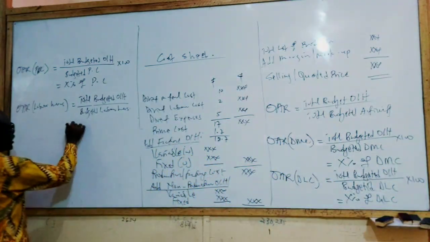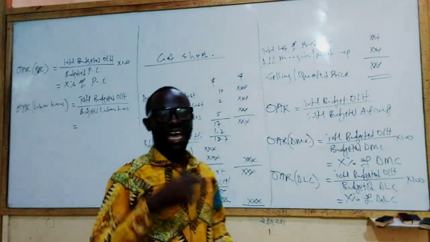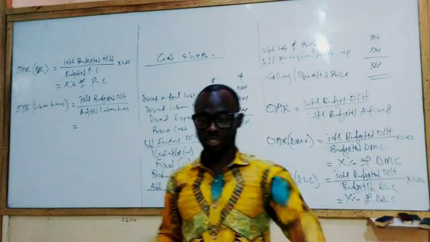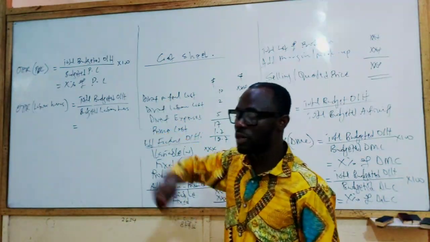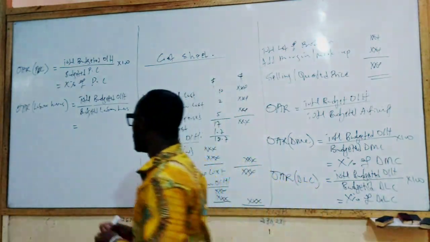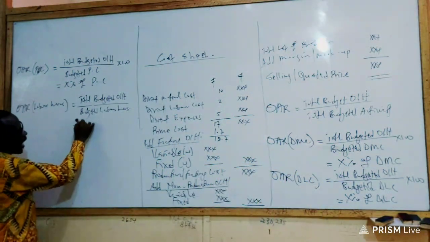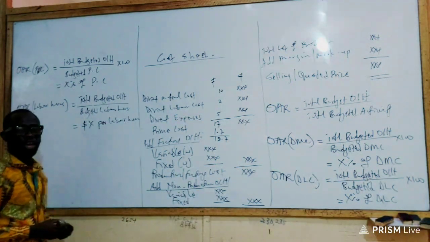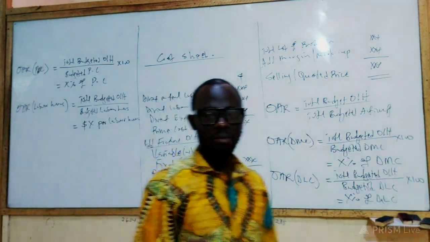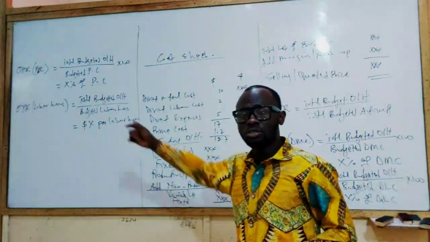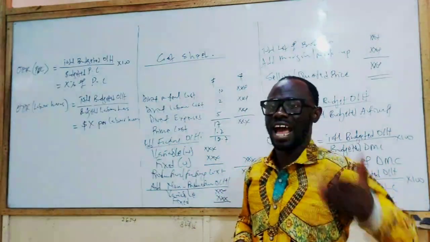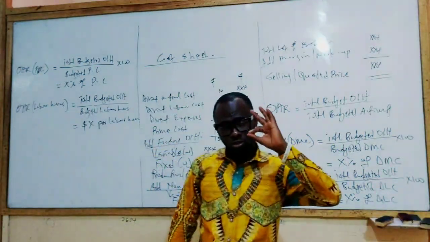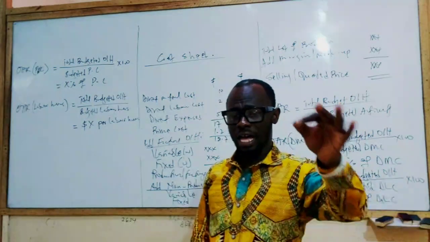It means you are going to get your answer in a currency form. The past ones we were getting the answers in percentages, but now we are going to get our answers in a currency form. That means we will get X dollars per direct labor hour. Remember, the overhead absorption rate will always be expressed on the actual labor hours. So if we did our calculation and had $2 per labor hour,